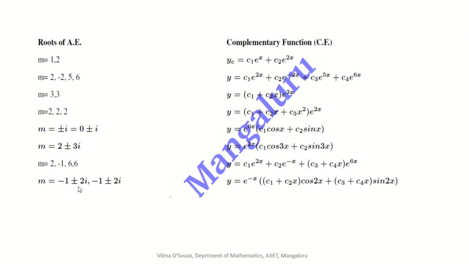Now the last one, complex root a plus or minus ib, a plus or minus ib, same complex roots. So what is your yp? e power ax, a is minus 1, c1 plus c2x into cos bx, b is 2, plus c3 plus c4x into sin 2x. Okay, now we shall move on to the problems. Use all this, refer to this when you work out the problems.